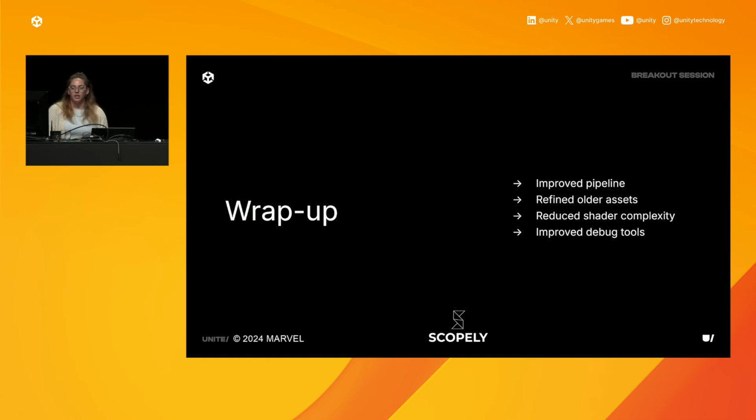In addition, we get improved debug tools. Our original pipeline did have a similar rendering debugger to Unity's rendering debugger, but it wasn't as effective, and it was something that we had to maintain every time we added new features. But now, since our custom shaders are built off of the Unity lit shader, it works with that rendering debugger already. And then the frame debugger also worked in our old pipeline,